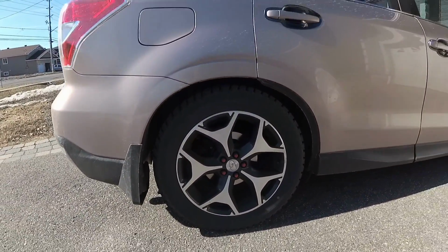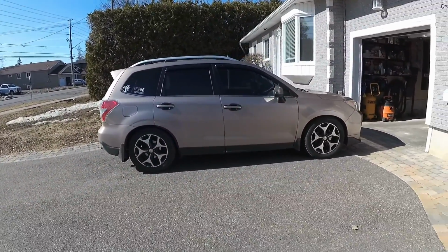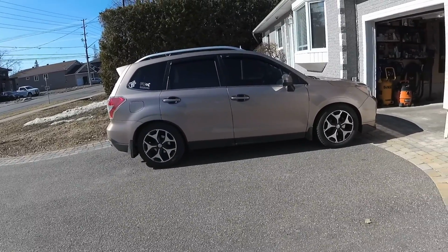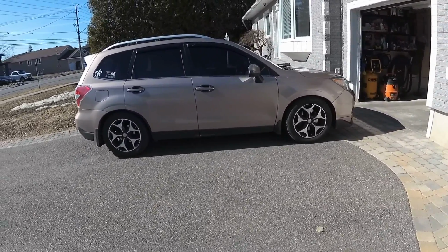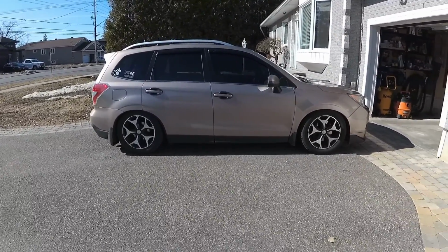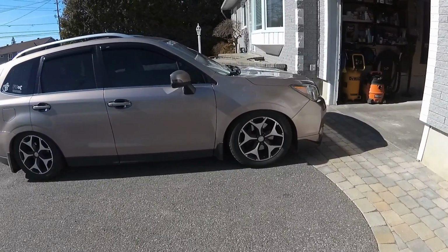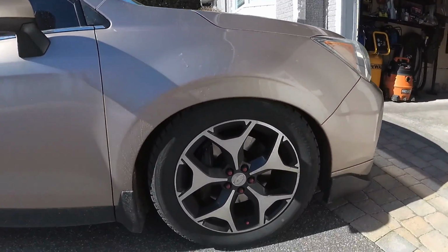I do have both the front and rear suspension on and really stiff. So here we go. I'll drop it down. Like I said, the rear goes pretty low. The front still stays up a little higher, but right now I'm kind of happy with where it sits at. So like I said, the front right now I have it set to 45 psi for kind of my lower